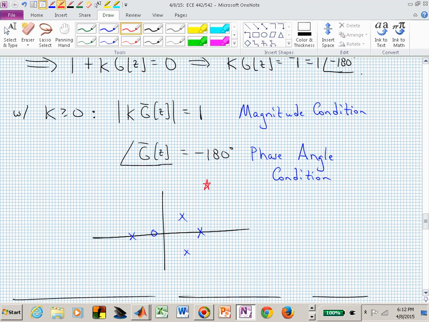And how could you determine whether that star was on the root locus or not? If that point is on the root locus, what do you know has to be true at that star location? The angles, all of those angles, need to sum up to minus 180 degrees. Which means if you had your protractor with you at the exam, hint, hint, you might want to bring your protractor. You could measure this